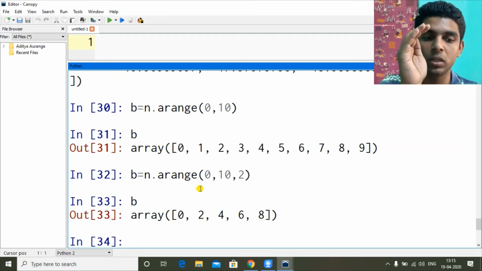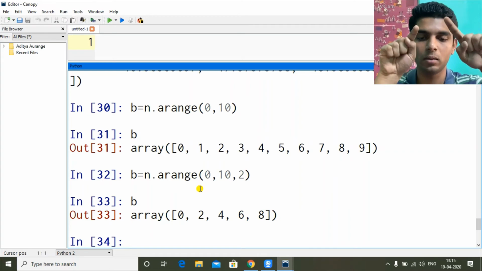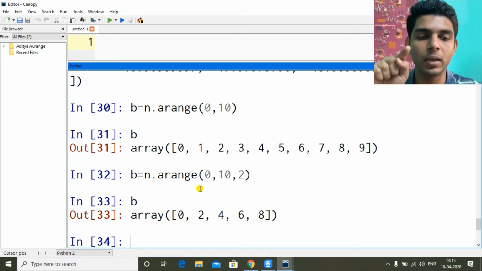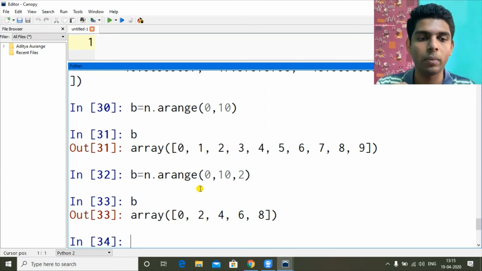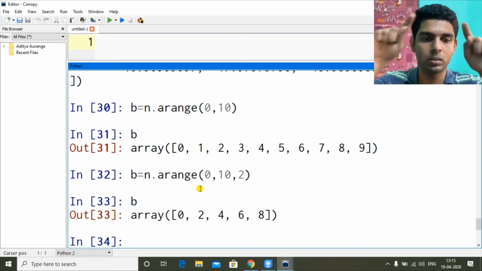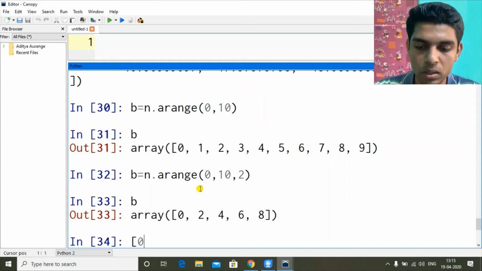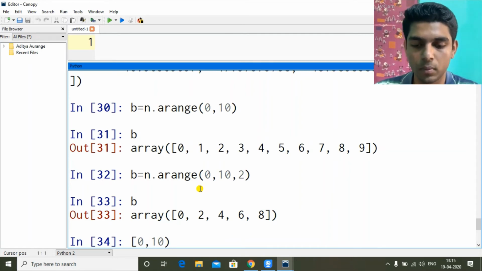So the initial value 0 is included. Square bracket indicates including this in the range, and that's how we express it in mathematics. So square bracket means including in range. The 0 is in a square bracket and the 10 is in a round bracket. Round means excluding that value from our range. So it's like this: 0, 10. In maths, we will express it like this. So 10 is not included, 9 is.